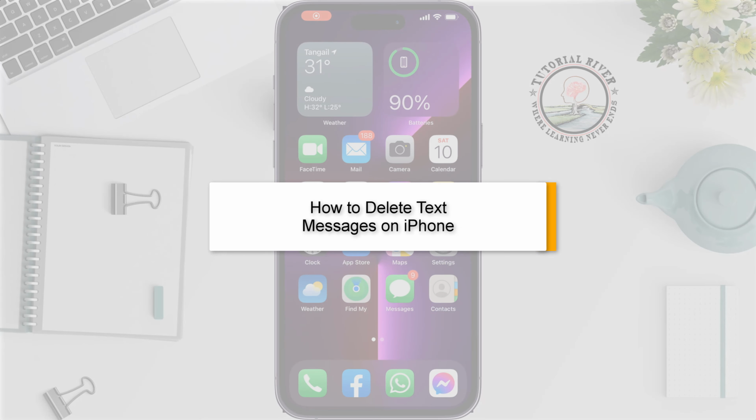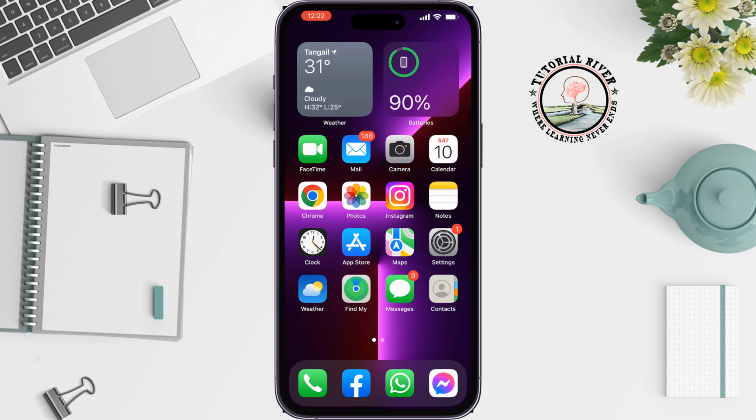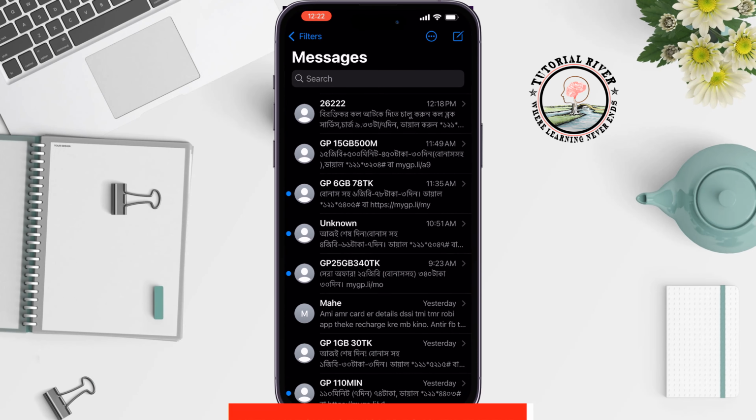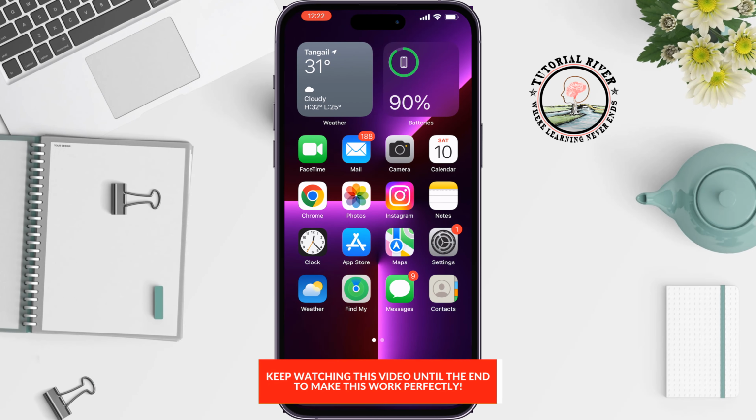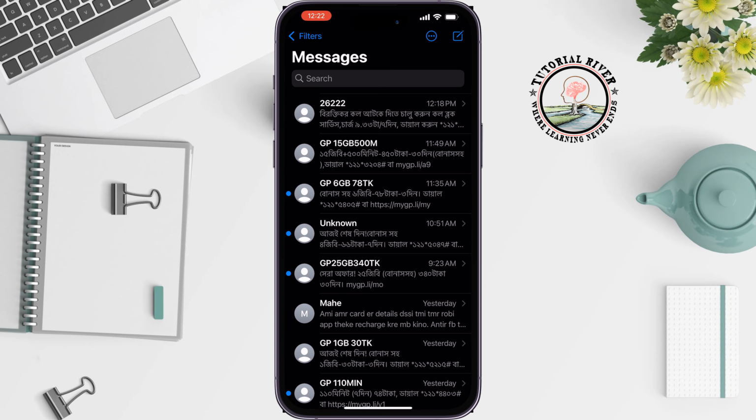This tutorial will show you how to delete text messages on iPhone. In the Messages app, you can delete messages and entire conversations from your iPhone. To delete an individual message, open the Messages app, open the conversation,